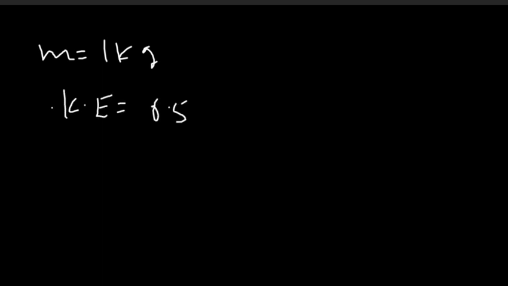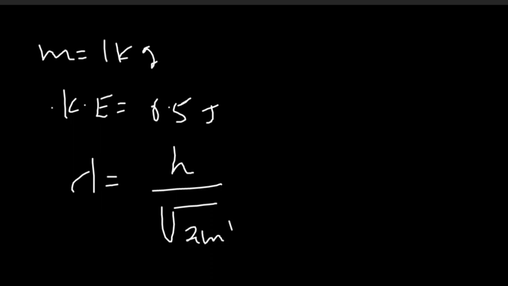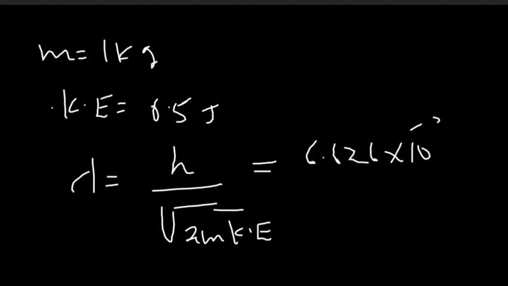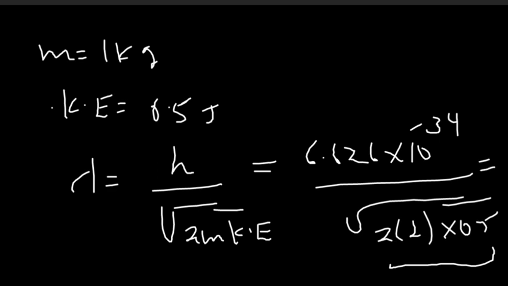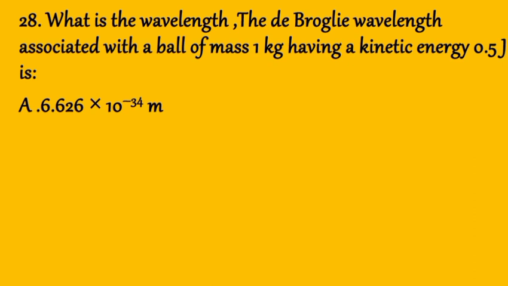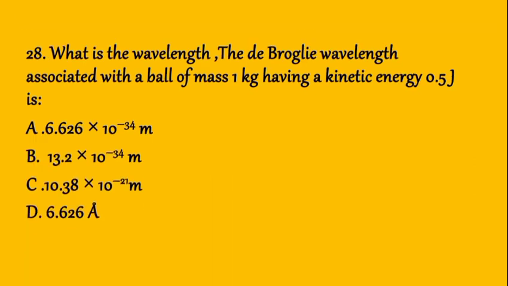ይሄ ነው። እዚህ ላይ given mass which is equal to 1 kilogram and kinetic energy which is equal to 0.5 ጁል ነው። The de Broglie wavelength which is equal to Planck constant over square root of 2m kinetic energy. ይሄን ያለን ሶ መተካ ብቻ ነው። So 6.626 times 10 to the power of minus 34 divided by square root of 2 times mass 1 kilogram, 2 times 1 ማለት ነው, times 0.5 ነው። ይህ ማለት ያለውን ብቻ ስታበዙት 1 ይመጣላችኋል። ስለዚህ square root of 1 ነው ይመጣላችሁ። ሶ ይሄን ነምበር ስታከፍሉ የምታገኙት ራሱ ነው ማለት ነው 6.626 times 10 to the power of minus 34 ይሆናል ማለት ነው። So the answer is A, መልሱ A ነው ማለት ነው።